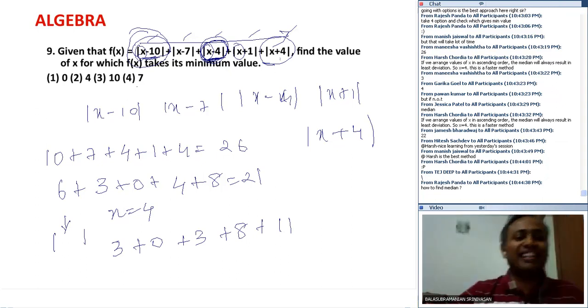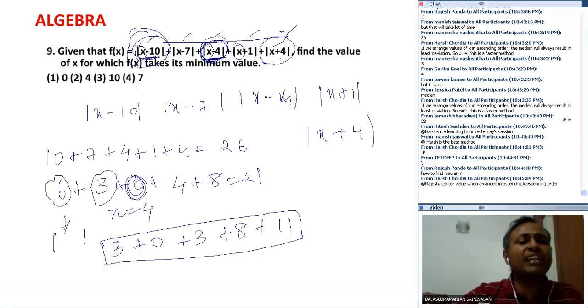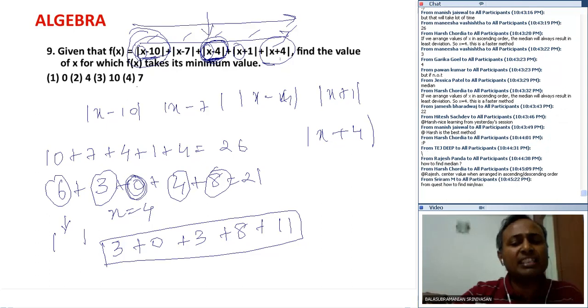I realize. So that's why the deviations around the median are closer to the mid-range. The one in the middle, the sum total of the deviations becomes the lowest. Otherwise, there are significant deviations. So take the center value, arrange them in ascending order, and take the middle one. If there's an even number of terms,